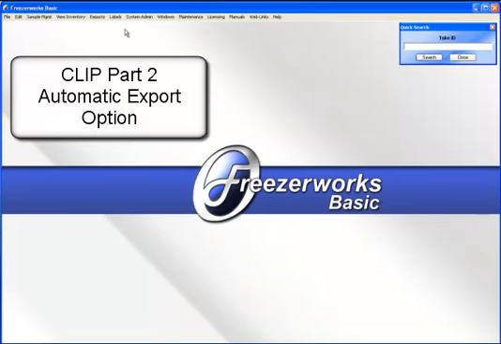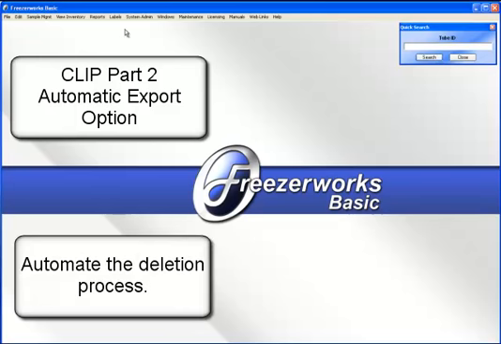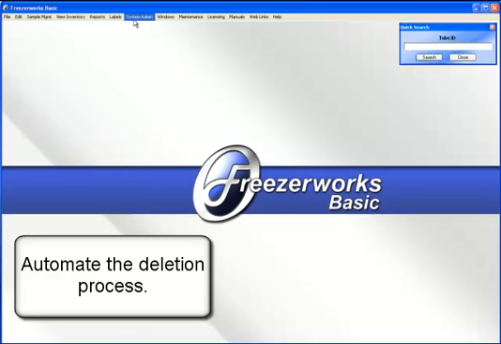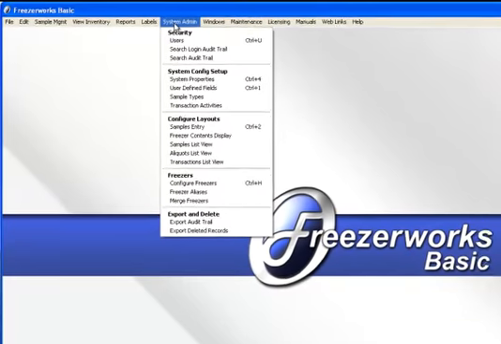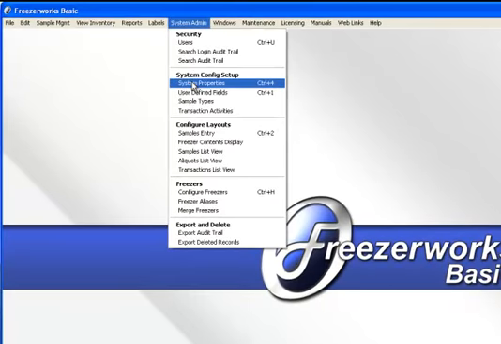Freezerworks also has an automated way to regularly delete the samples that need to be deleted, to help the administrator who needs to do this task to do it quickly and easily. Let me show you how this is set up and used. You set this up at System Admin, System Properties,